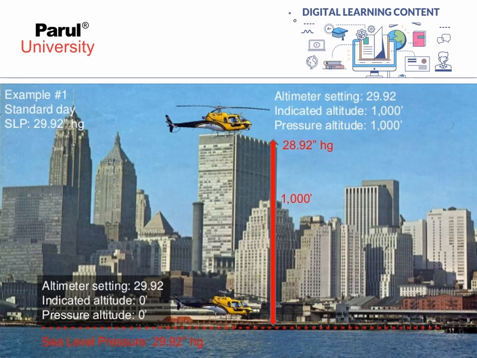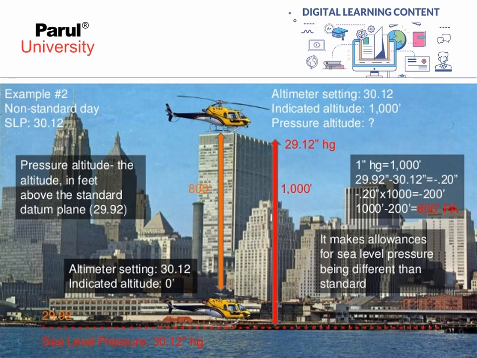Now we can see the difference between sea level and a particular altitude of 1000 feet. The altimeter setting is set so that the pressure at a particular altitude of 1000 feet is the same as at sea level. Right? We have set this particular sea level pressure at a particular altitude of 1000 feet.